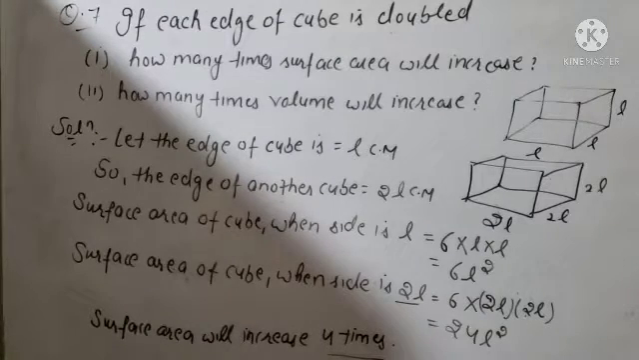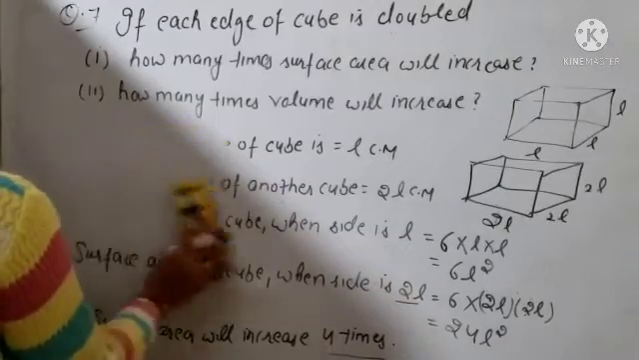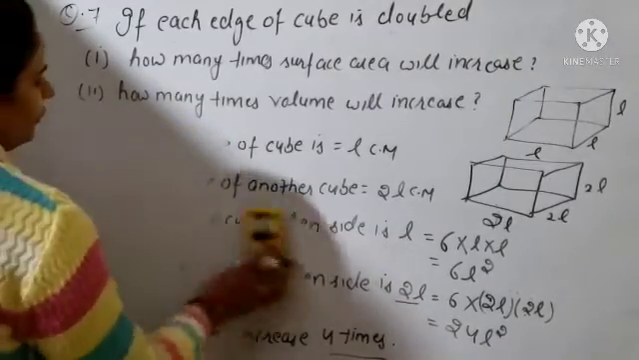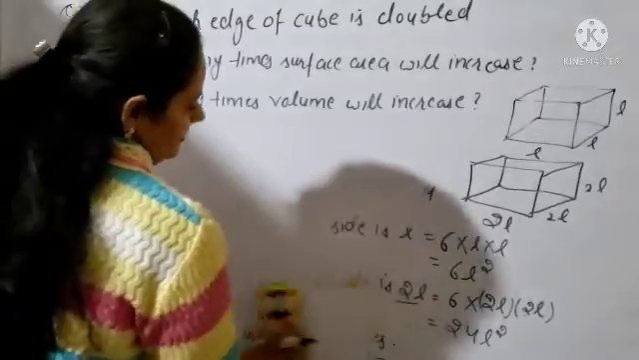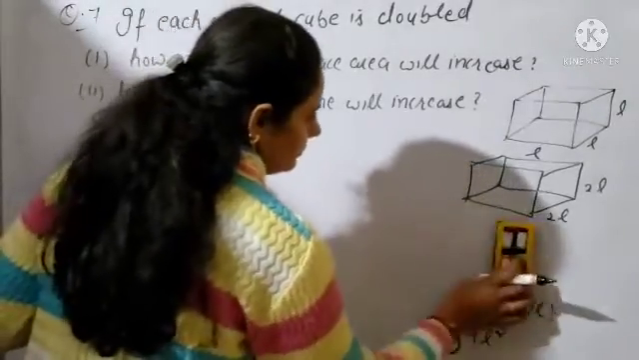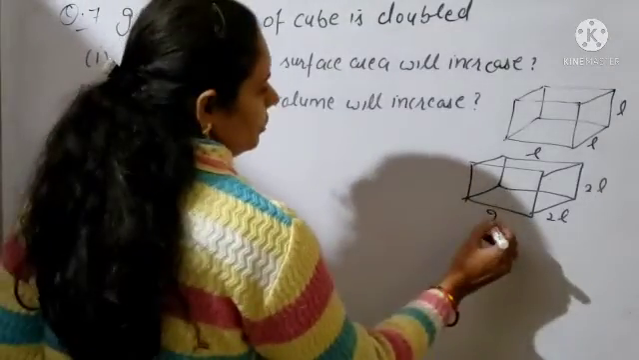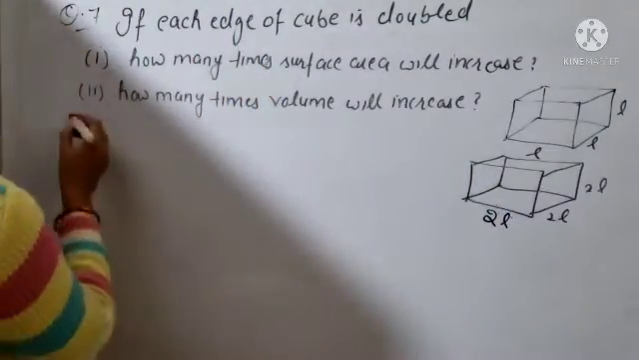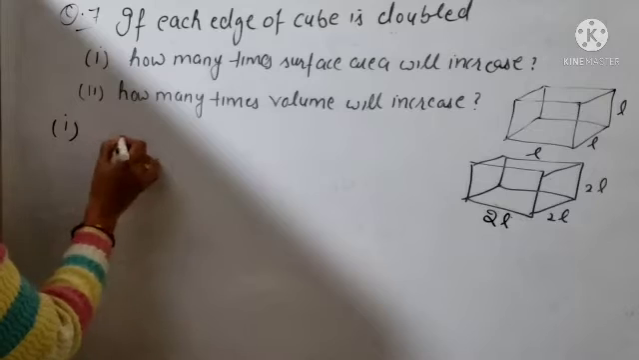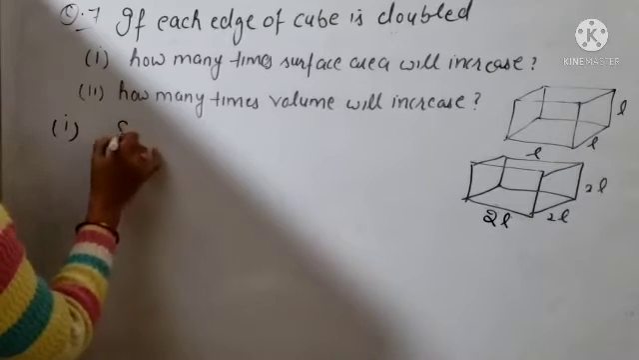Now we will talk about the volume also. In volume we will check one by one, same as before. So in the first part, simply you can say side